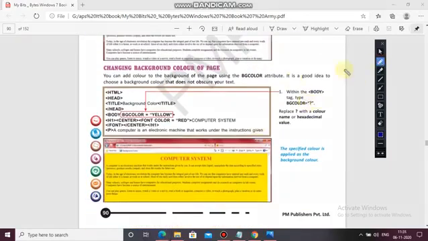Now the next topic says change the background color of the page. Now you are changing the size of the text, font face of the text, font color of the text. So can you also change the color of the page, means the background color of the page?